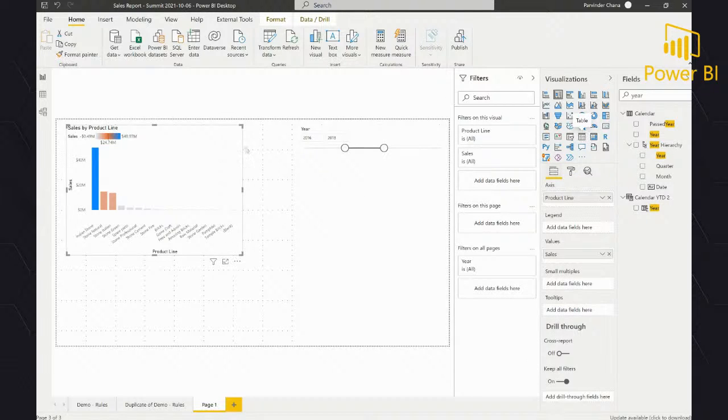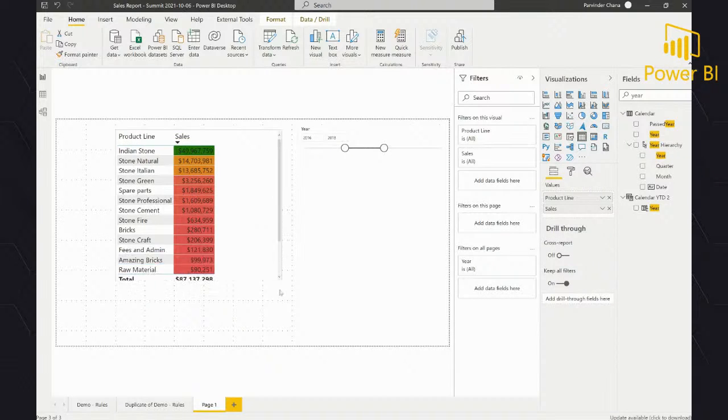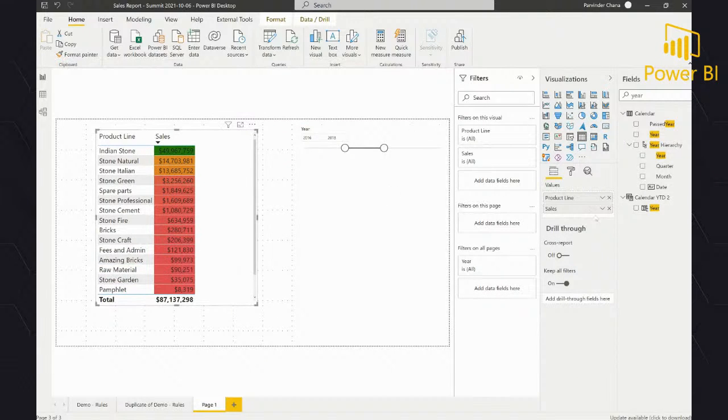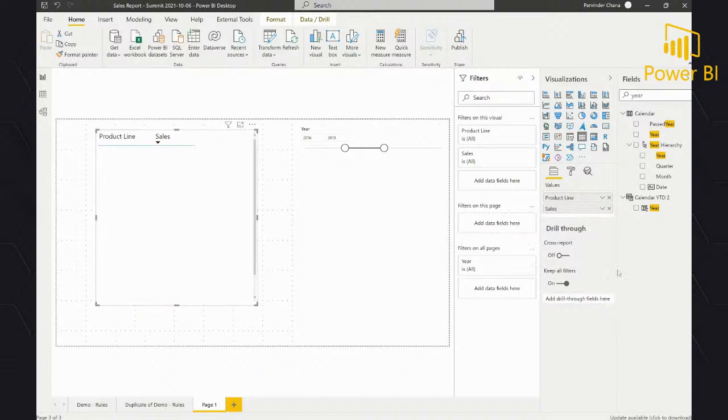Let's switch back to the table visual. As I mentioned, we have a few options here in conditional formatting. We can set the data bars, we can set icons and web URL. I'm not going to go into all of those, but show a few of them. So I can remove the background color.